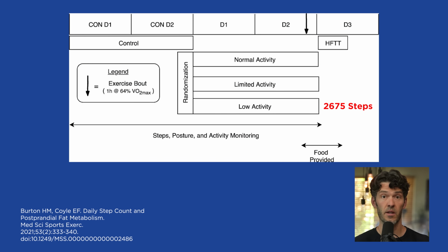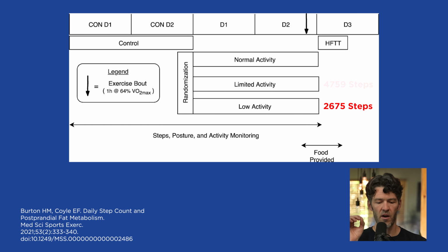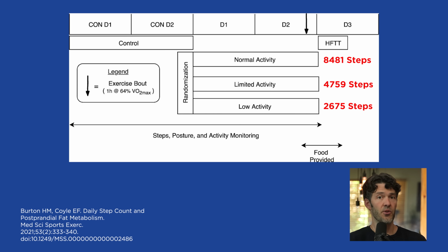That's the low activity group, I think, in the screenshots that you will see in the breakdown of this study. In the moderate physical activity group, they have people do 4,000 steps per day. And in the high activity group, which I don't think is that high, they have people walk 8,400 steps per day. Now, after subjecting these individuals to either really low, moderate, or high step counts, after 2 days of doing this, they give them a standardized meal to see what happens in the post-meal window. They also measure proxies of fat oxidation, and they look at post-meal glucose as well as post-meal